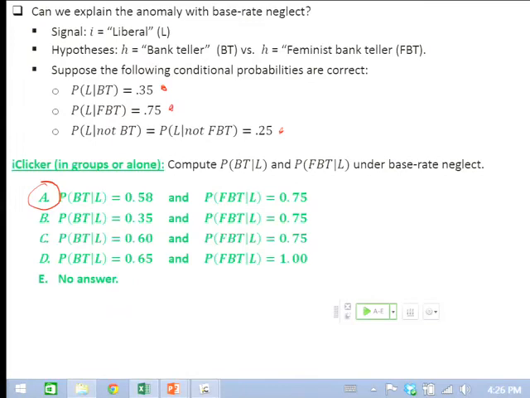Now, to see the psychology of representativeness bias in this math, what we have is the probability of being liberal if you're a bank teller is less than the probability of being liberal if you're a feminist bank teller. That's another way of saying that feminist bank teller is more representative of liberals than bank teller is representative of liberals, right? This mathematical statement is why the model of base rate neglect gets you an explanation of